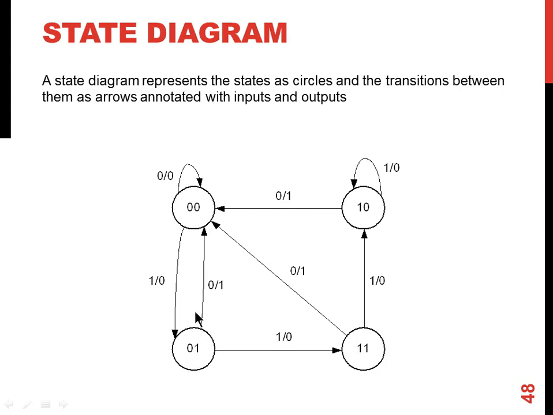Now when it goes from state 0 to state 1, input should be 1. If input is 1, it will go to state 3 and output will be 0. If input is 0 here, it will go back to state 0 and output will be generated as 1. In state 3, if input is 1, it will go to state 2 and output is 0. In state 3, if input is 0, it will go back to state 0 and output will be 1. In state number 2, if input is 1, it will stay in state 2 and output will be 0. But in state number 2, if input is 0, it will go back to state 0 and output will be